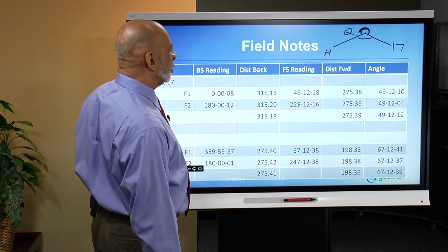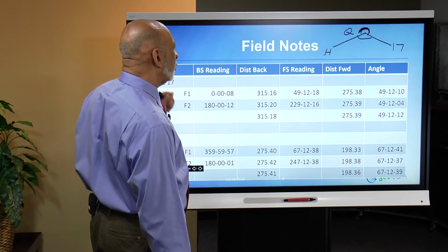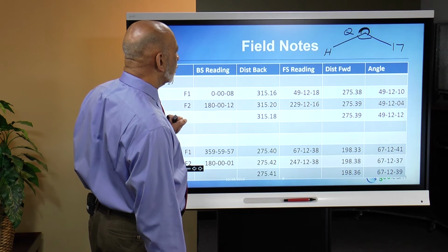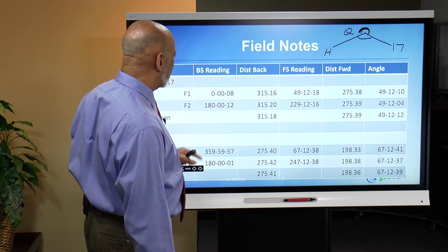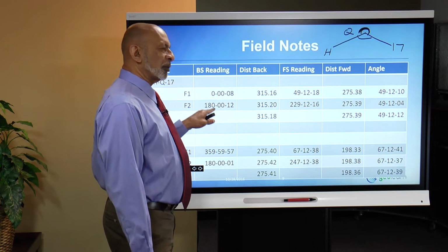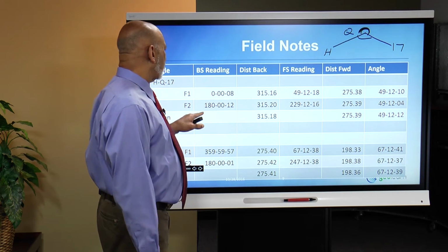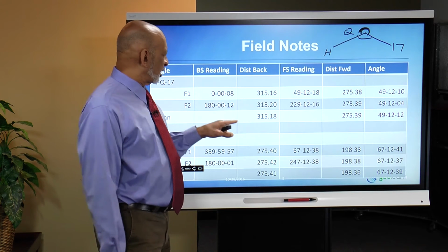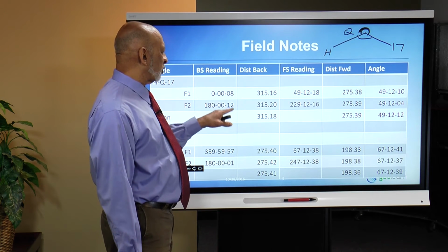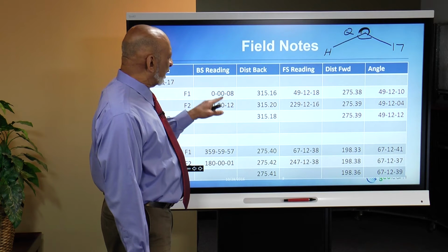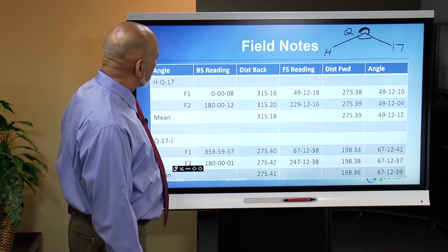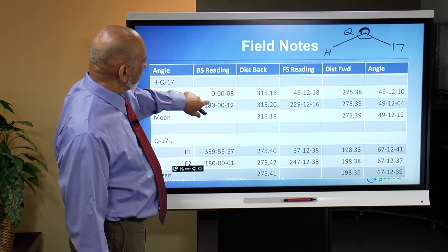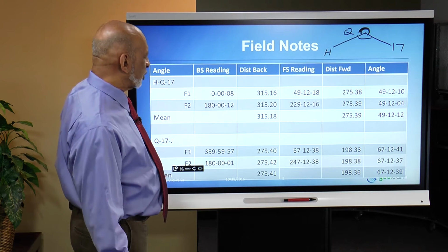Now you invert your telescope, and to give you the experience of measuring in a different way, your instrument is now in phase 2. Now you go back to your backsight reading, which is point H, and you simply read off whatever it has. And it says 180, 00, 12. Well, there's a check there because you're within 4 seconds. There's a difference of 180 because you've inverted your instrument, but there's only 4 seconds difference,